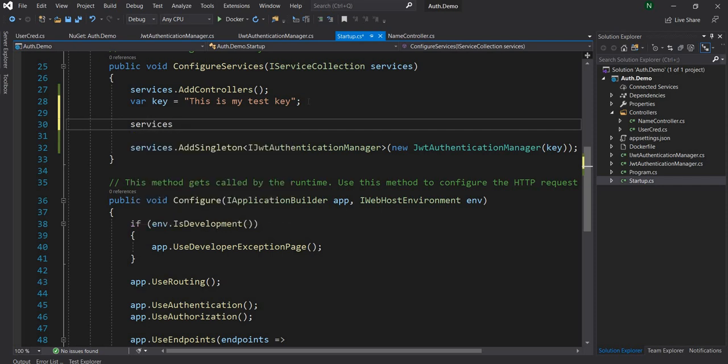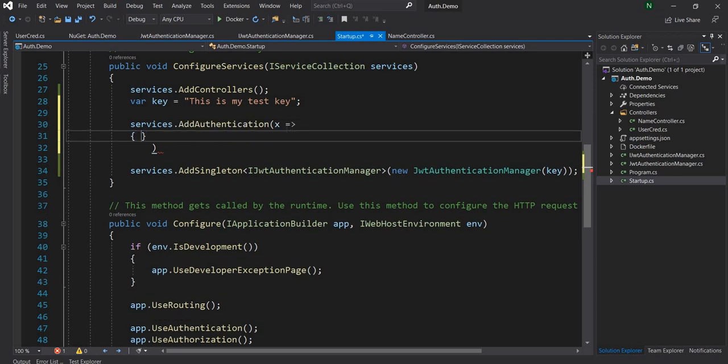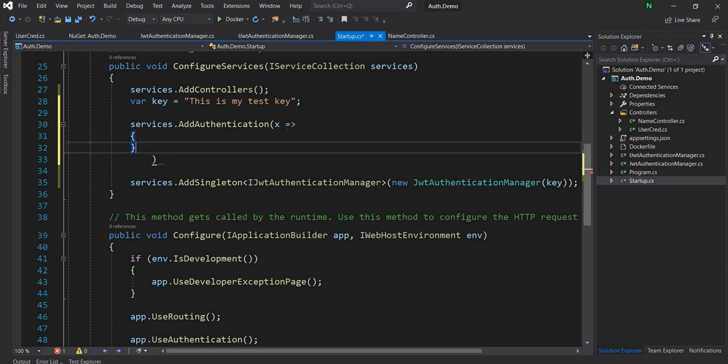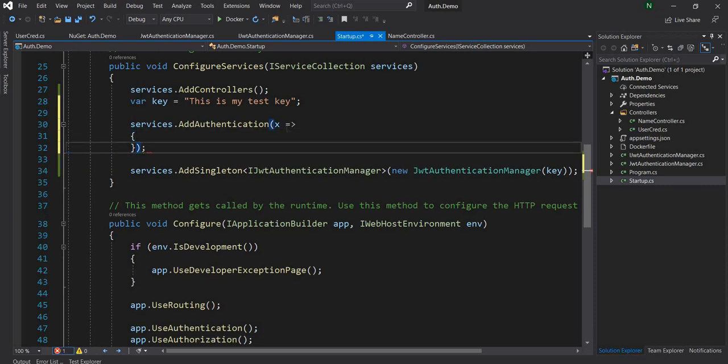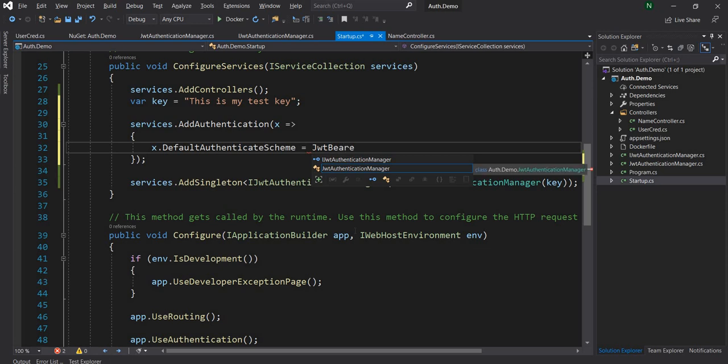So I'll say services.AddAuthentication, and now here what I'm going to do is provide the default authentication scheme and the default challenge scheme both as JWT defaults. So I'll say x.DefaultAuthenticateScheme equal to JwtBearerDefaults